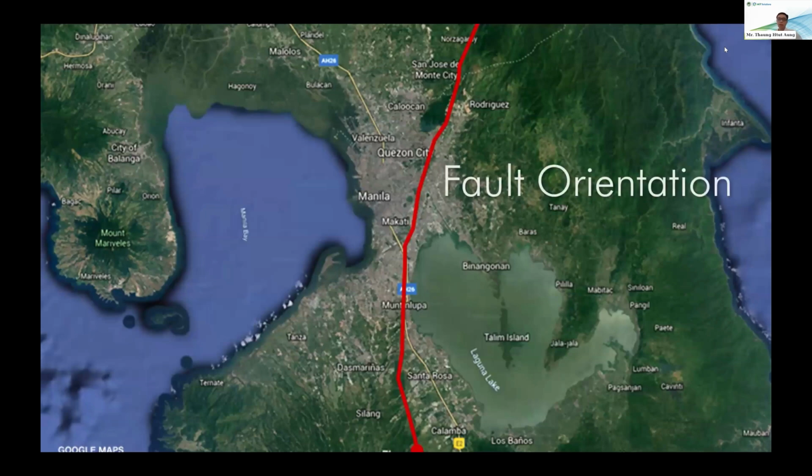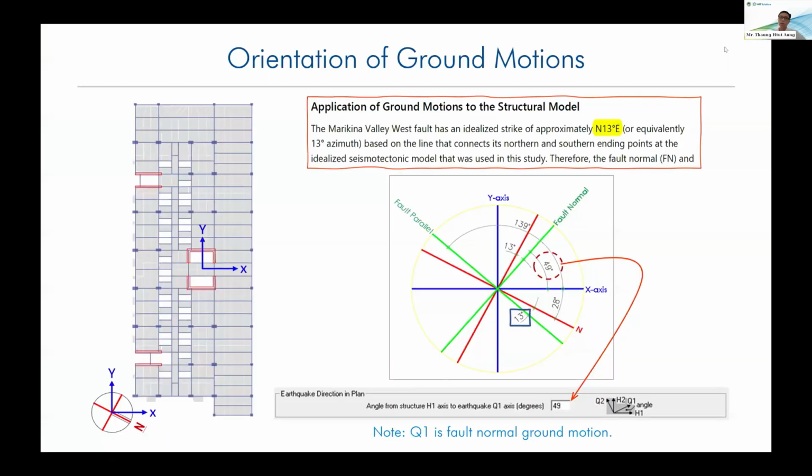So if the building is located near the fault, for example, 5 kilometers away from the fault, we need to consider the fault orientation in our analysis. For example, if the fault orientation is 13 degrees from the north to the east, we have to apply the ground motions according to the fault orientation with respect to the building orientation. So we have to calculate the angle to apply the ground motions with respect to the building orientation in our